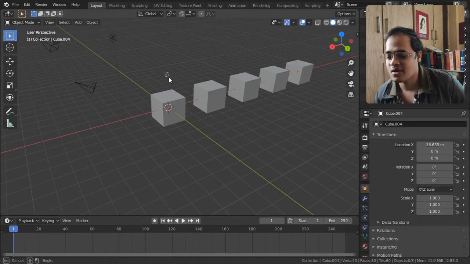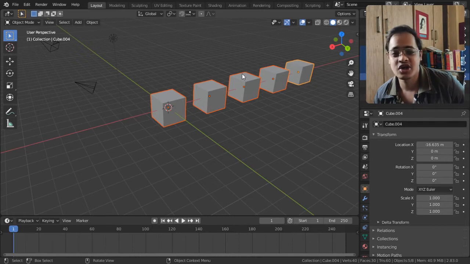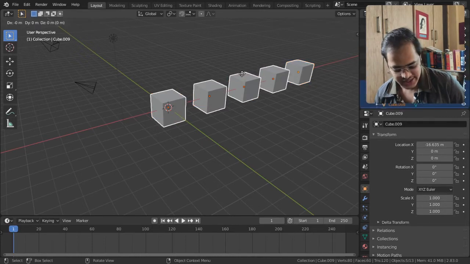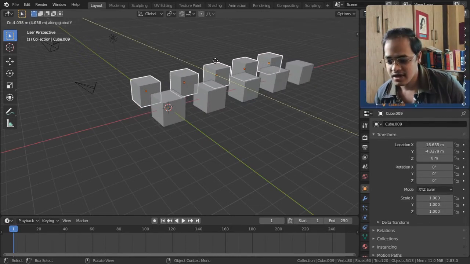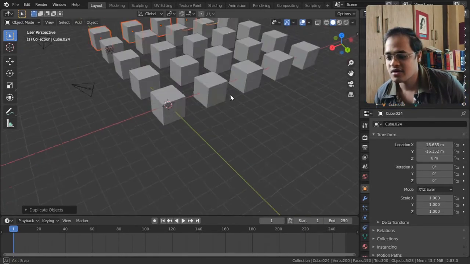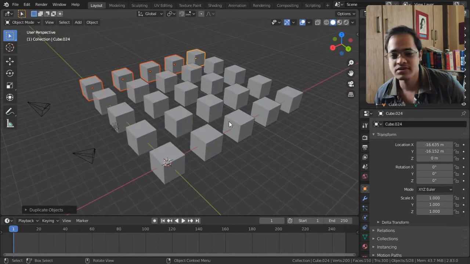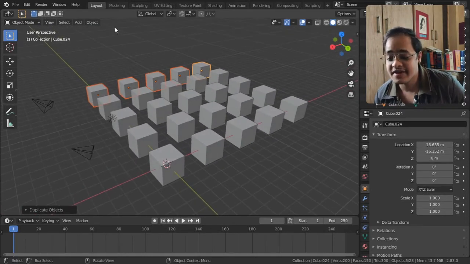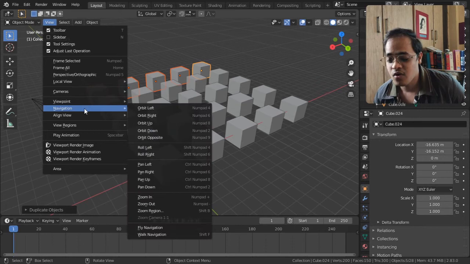Now I will select all these cubes and shift D, Y, and I will keep it here and shift R. Now we have quite a couple of cubes here. This is everything for showing what we get from fly navigation.